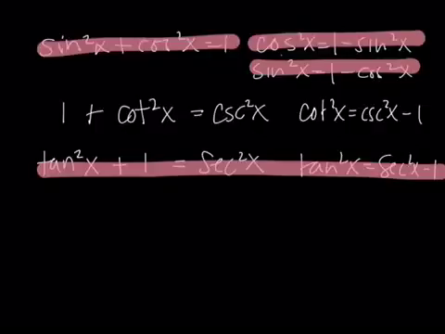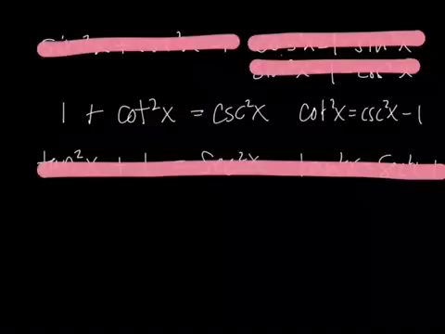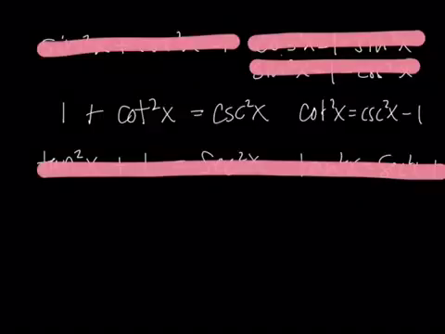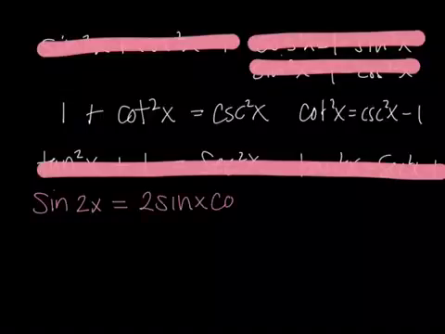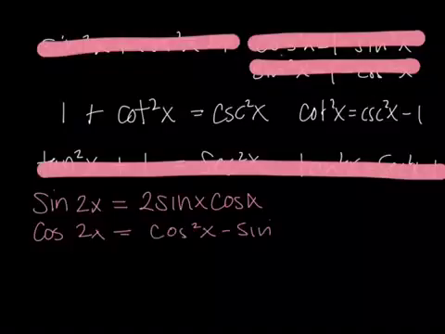So then on top of these guys, we also need to discuss the double angle identities. So we have that sine of 2x equals 2 sine of x cosine of x, and that we know cosine of 2x equals cosine squared of x minus sine squared of x. And from that double cosine angle,